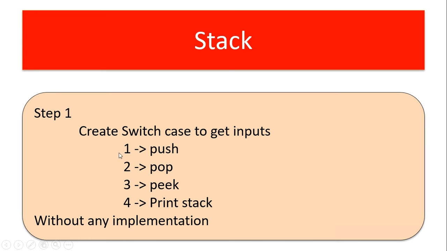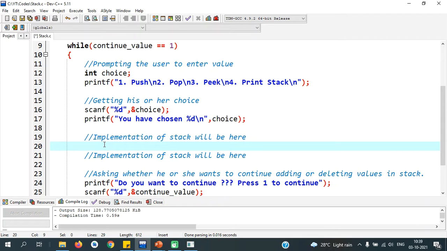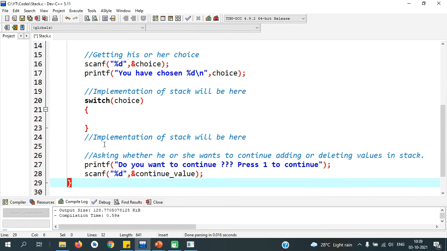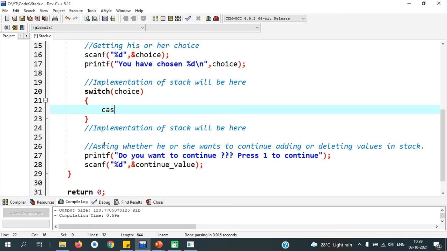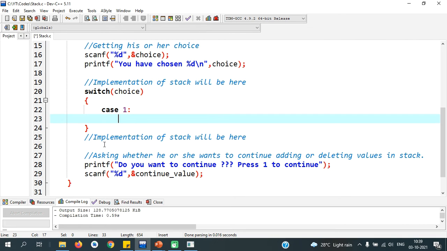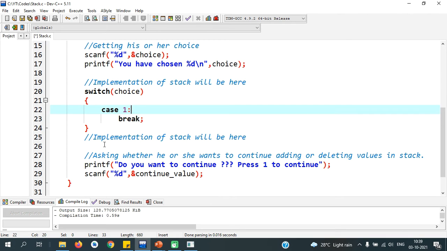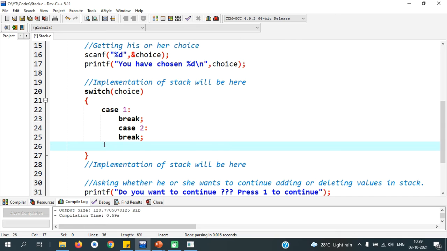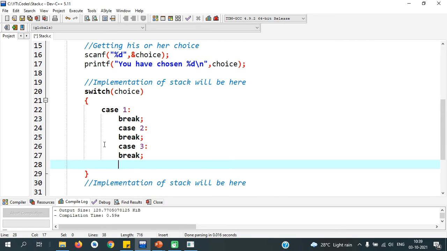Switch case is pending. We will also write the switch case. Switch of choice. Case 1, break. So we will write a skeleton of the switch case now. 2, 3, and 4.